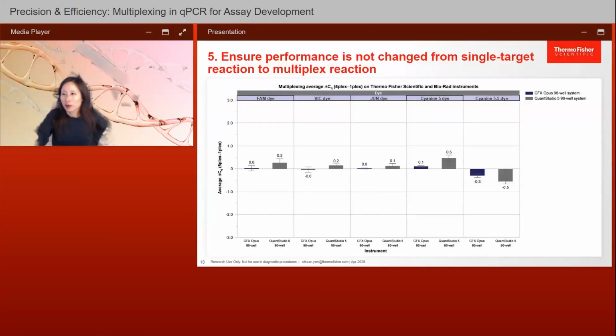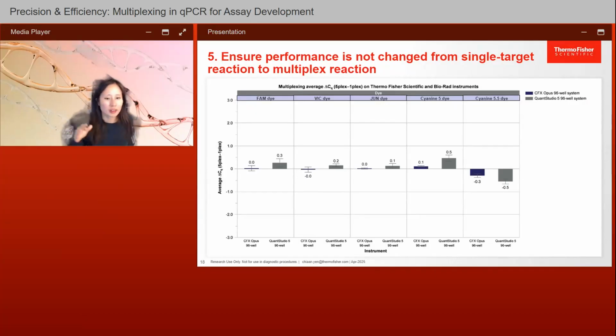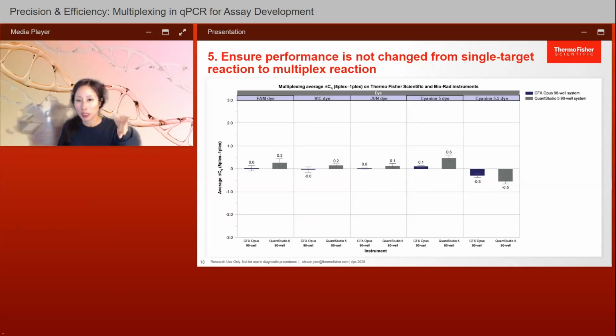Okay, so now you've run iterations of your assay, changing concentration and whatnot, and supposedly now you got to your optimized assay. So here I'm trying to show you what you should expect when you have an optimized multiplex assay. Here I have a 5-target reaction run with individual targets for each of the 5 targets in that multiplex reaction side by side on the same plate, and I'm plotting the delta CQ, so the CQ difference between single target versus multi-target